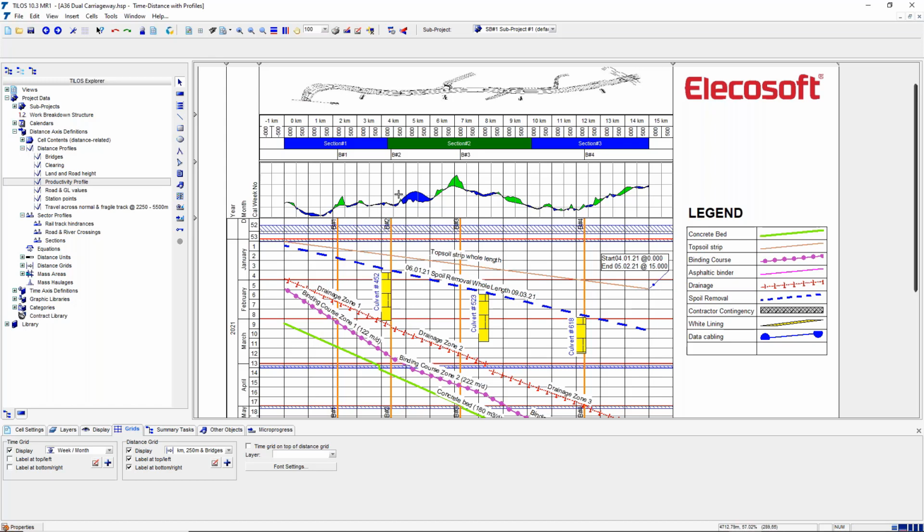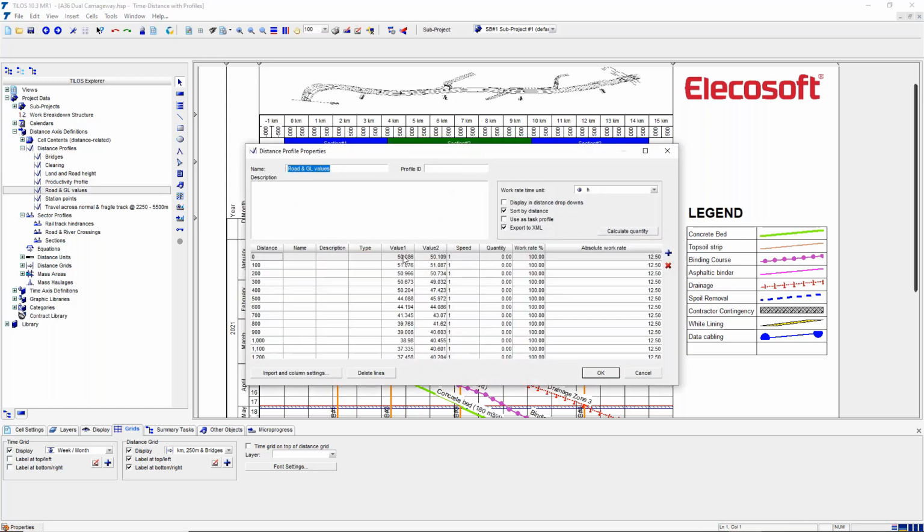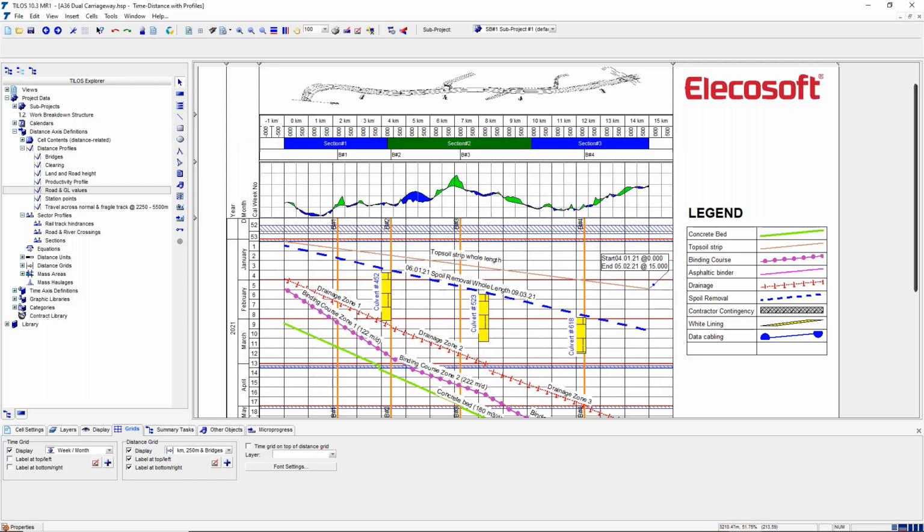So we can graph that in Talos. So that is not a picture, that's coming from the values in this table. So when we get to 1 kilometer, the land is already at 38.9, and the new road will be at 40.5. So the green areas are a cut, and the blue areas are a fill. So you can have that sort of vibrant information to cultivate people's understanding of the job,